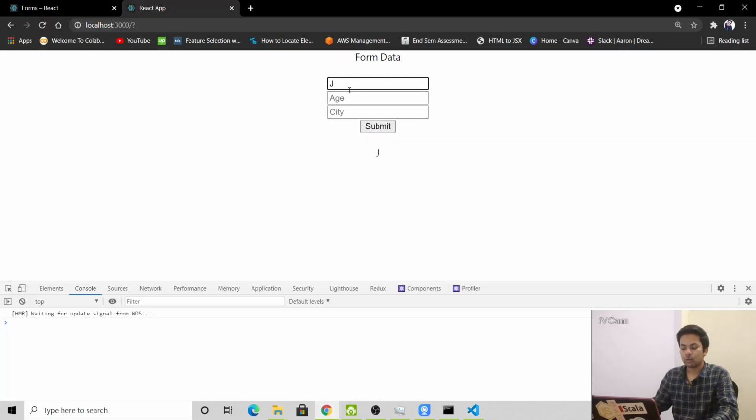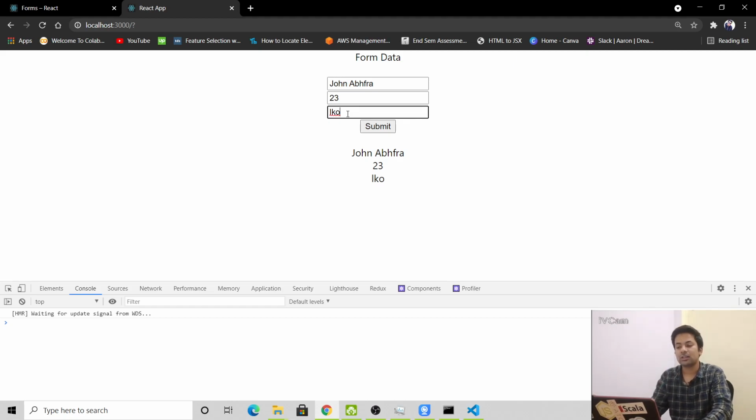It's going so fast, like John Abraham. Whatever you want to write, age will be 23, city LKO. If you wanted to do this in vanilla JavaScript, it would have taken so much code. I haven't done this so much in vanilla JavaScript. So yeah, it's so easy.